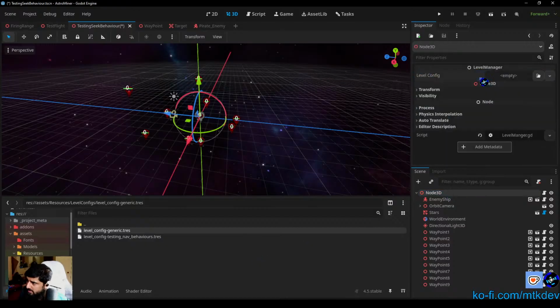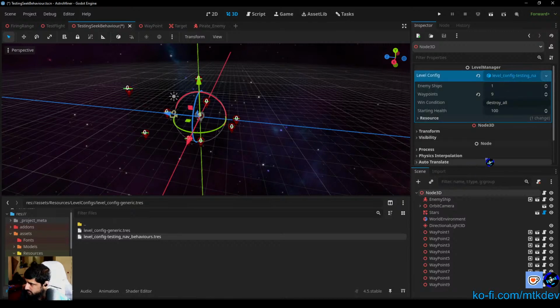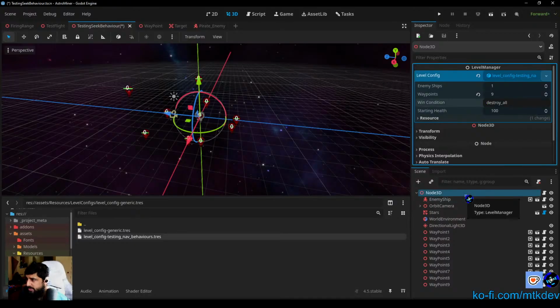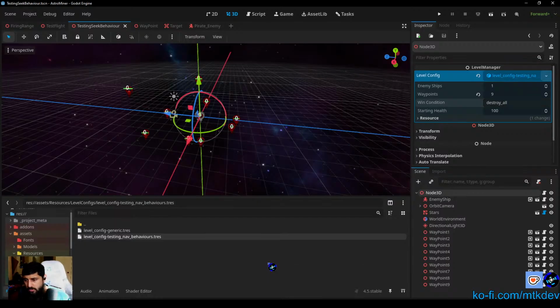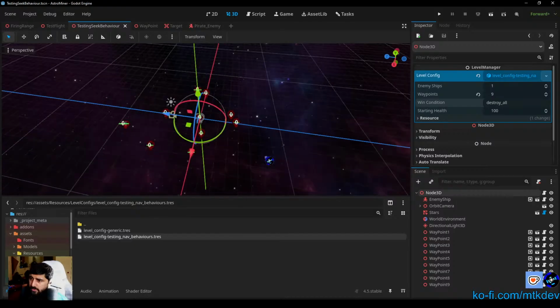And so now we can undo this and assign this one instead. It's got 1 enemy ship, it's got 9 waypoints, and the win condition is apparently destroy all. We don't care, that's not important right now. Okay, so now